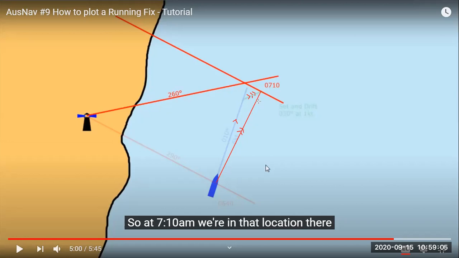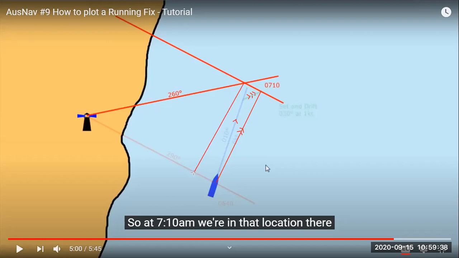Suppose this is 035, 030 or something like that. So now if you can see, our actual course made good is changed because of this current. So if you want the actual initial position and actual final position, what we do, we draw a line, so this is our actual estimated position EP1, and